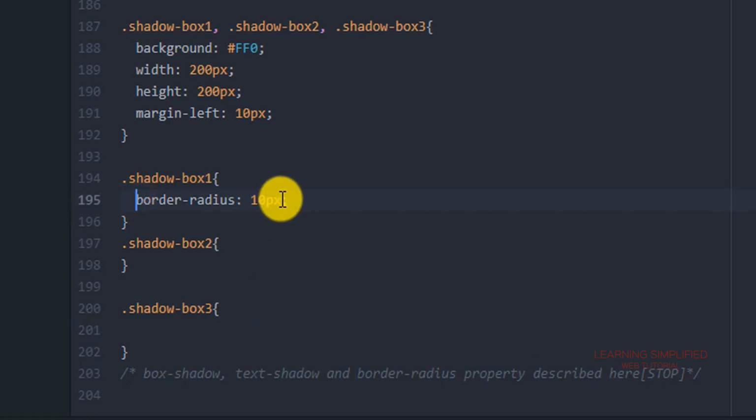Now in the second case, instead of 10 pixels flat, if we use another value for this one and another value for this one, but omit the 4th parameter, what will be the outcome? Let's get back to our project and reload, and we can see that in the first case, it is following 10 pixels, then it is following 20 pixels, then again it is following 30 pixels.